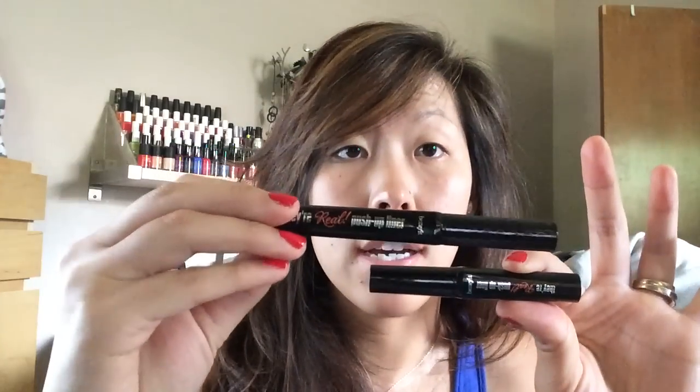As you can see, I actually do have a full size as well. This is how big the full size is. This is the mini. Full size is 0.04 ounces. The full size of this is gonna cost you around $24. There have been pre-sales for people on Sephora and at Ulta and stuff like that. This actually was given to me by my friend. She was not as big of a fan of this, so she was kind enough to give it to me